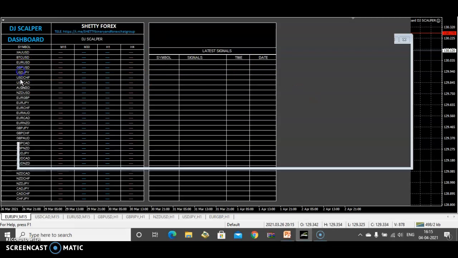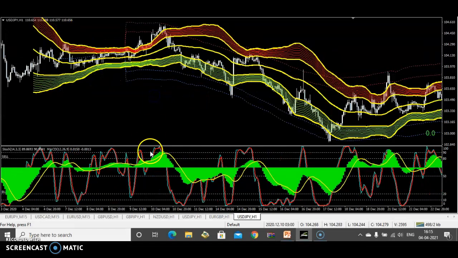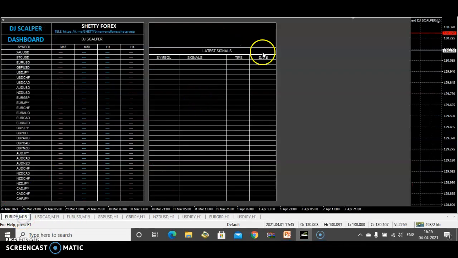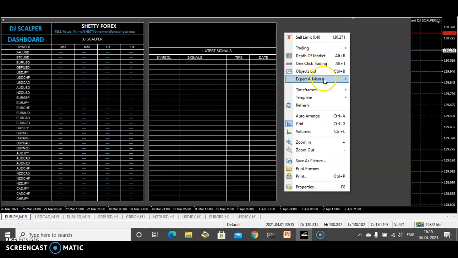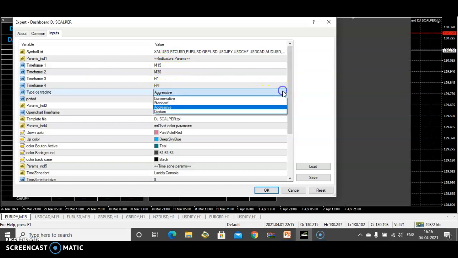For example, if I press JPY, you have got your chart. You can see here our input. You can set M15, M30, H1, H4, and as I have said, I have put aggressive mode. Multiple modes are there: conservative, standard, aggressive, custom.